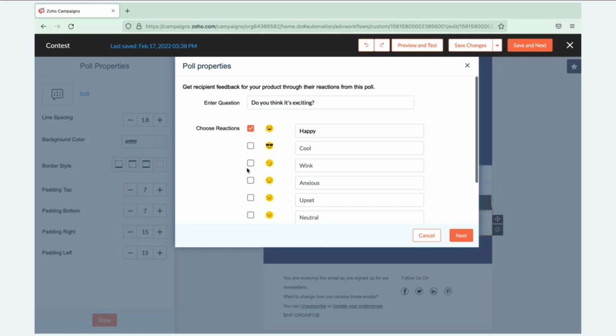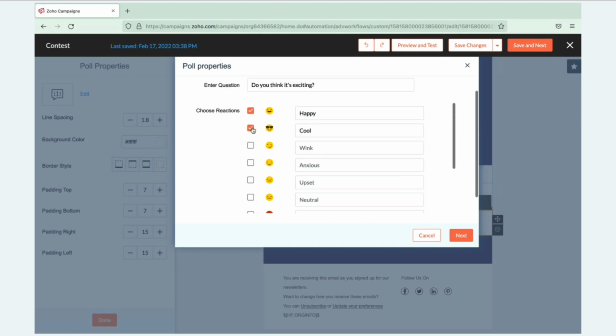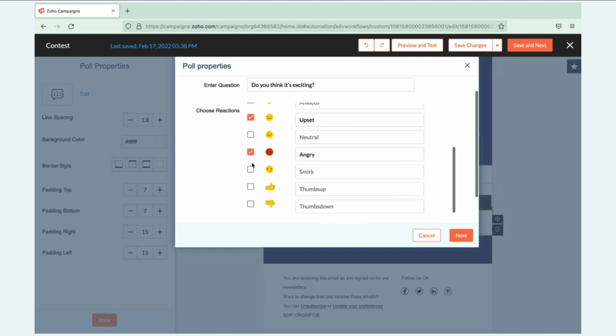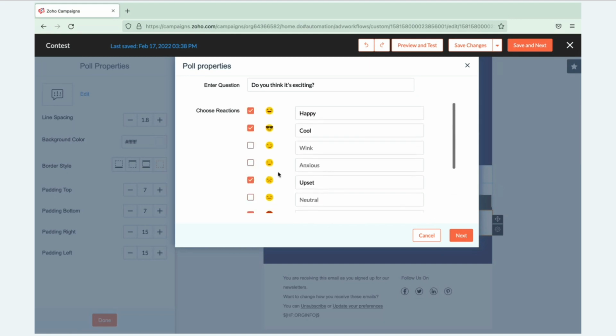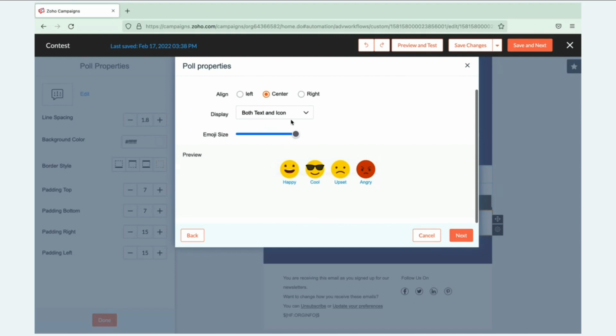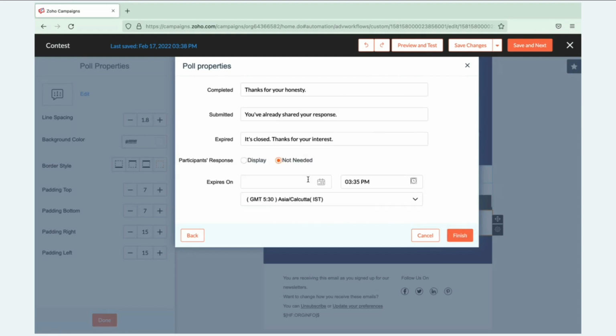So we can choose the emojis. Yeah, so we'll go ahead with, you can edit all these, just icon or size, everything could be edited, and